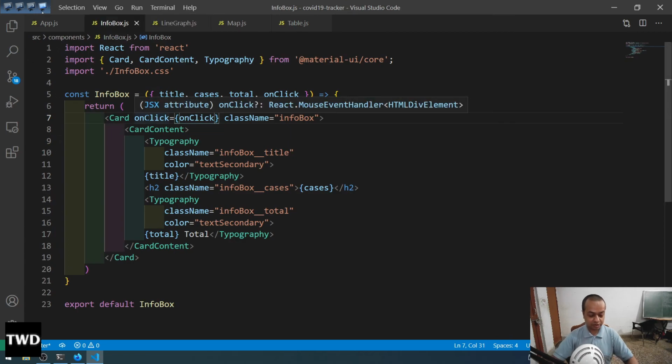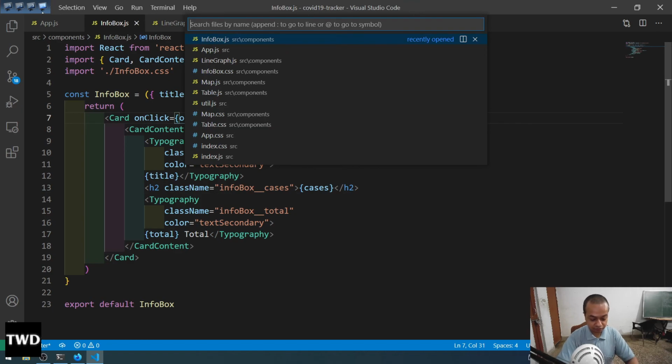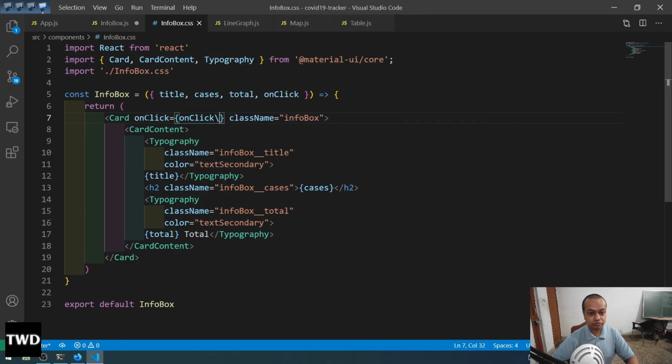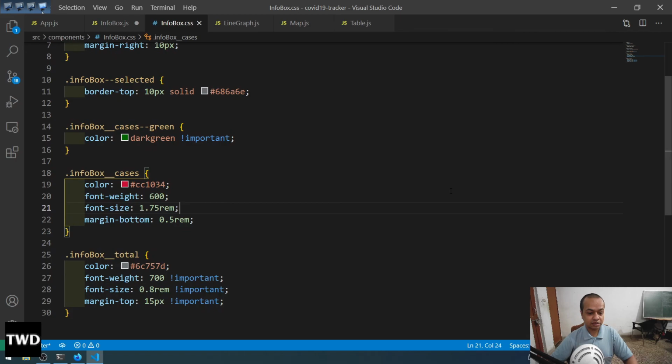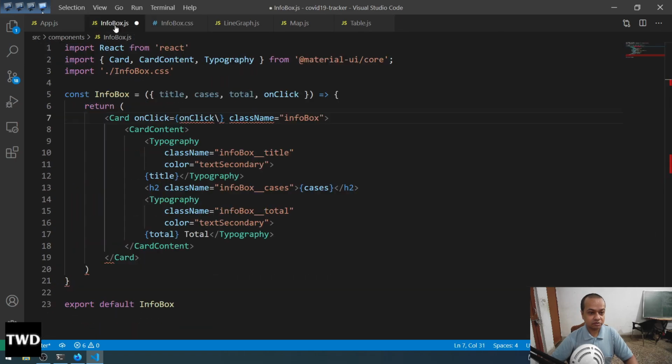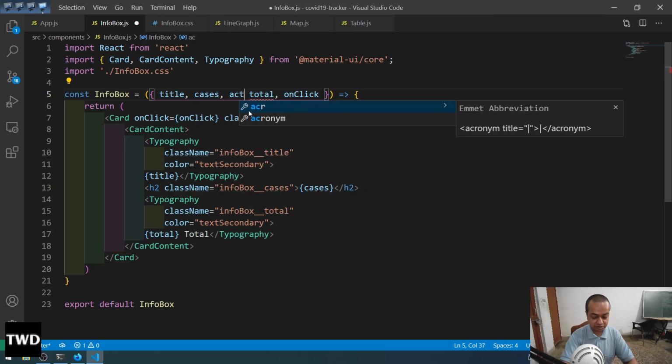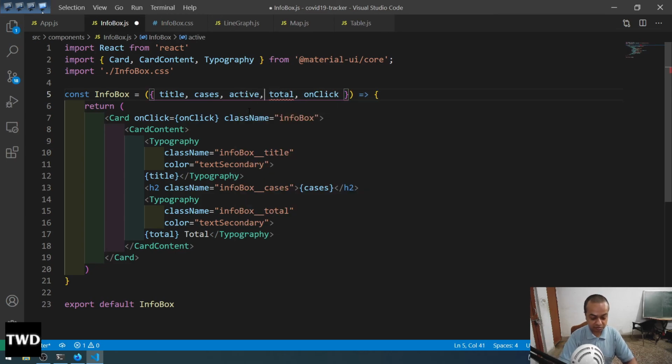Okay, let me open another thing, info, so we can see it correctly. Okay, so info box I will go. Oh, what happened? Okay, so here I am passing after cases, it doesn't matter, wherever you can pass active, comma, is green, I am passing, then